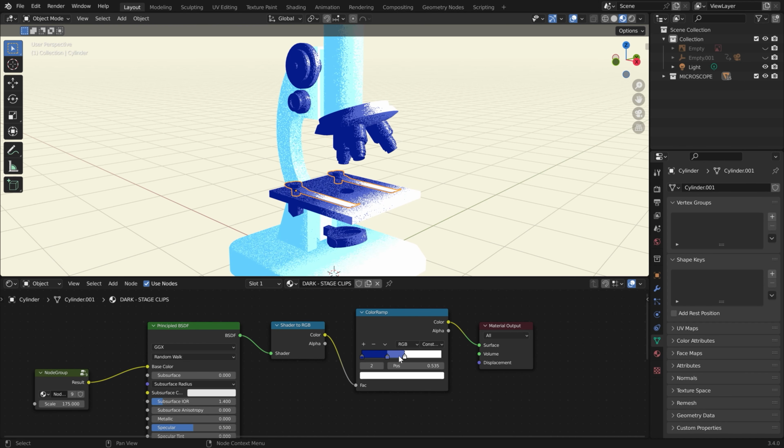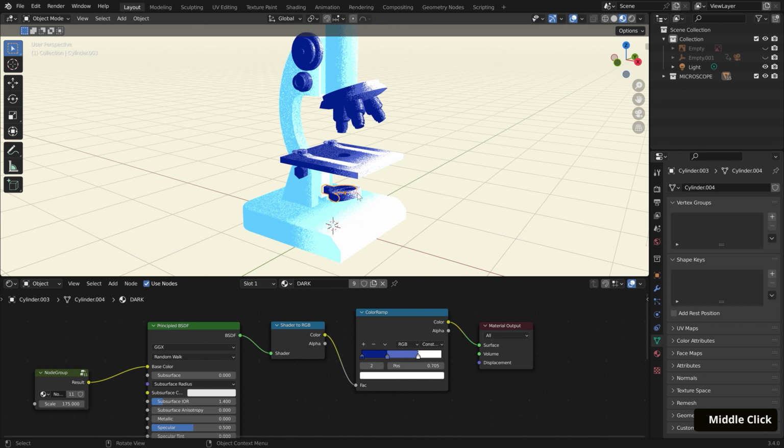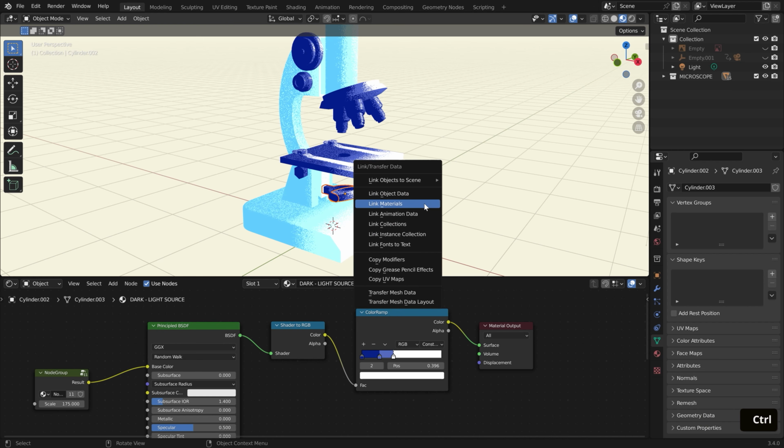I want to bring in some more of the white, so I'll shift this slider accordingly. Then select the circular light source mesh, create a single user copy, rename it Dark Light Source, and again, bring in more of the white. Let's apply this to the light source support by shift selecting it, then the circular mesh, and hitting Ctrl L